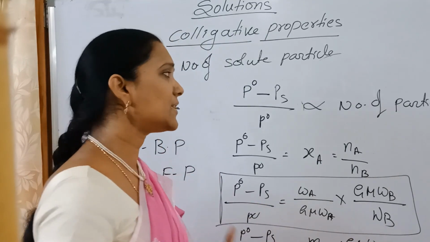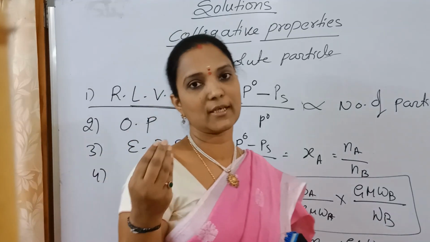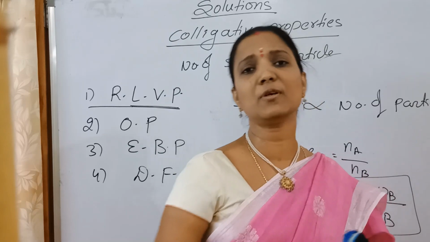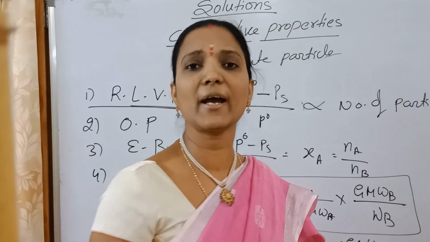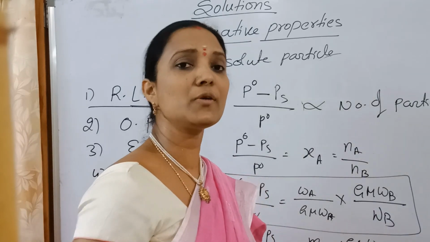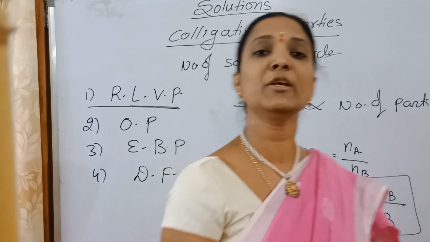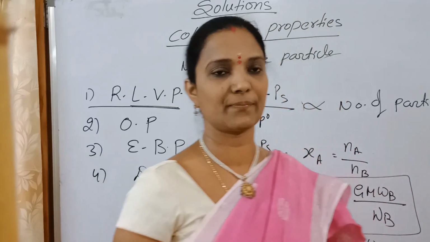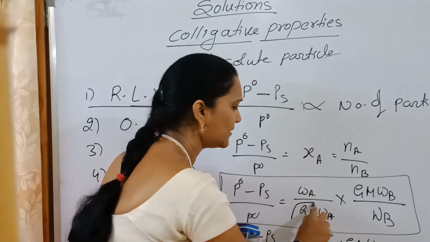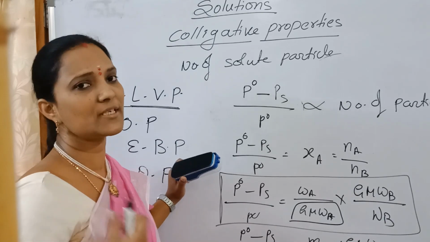Okay. Now, what is the importance of this colligative property? See this. One non-volatile solute is added and its vapor pressure is reduced. What is that non-volatile solute? How to identify? We don't know what it is. If we know the molecular mass of that non-volatile solute, we can say what the solute is. Nothing but here one unknown solute is added. If we calculate its molecular mass, then we can identify the solute.